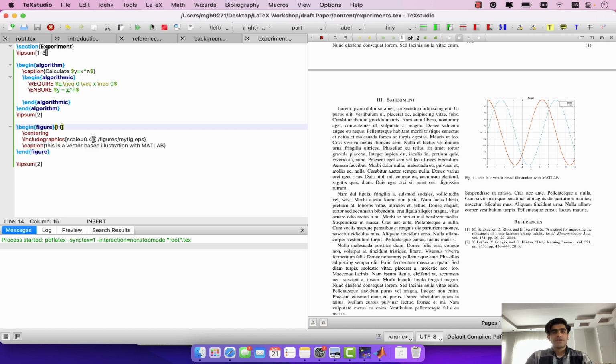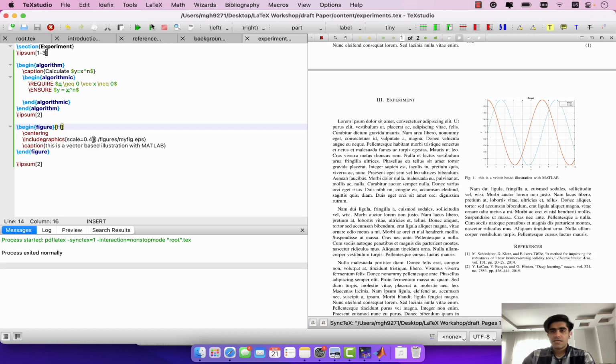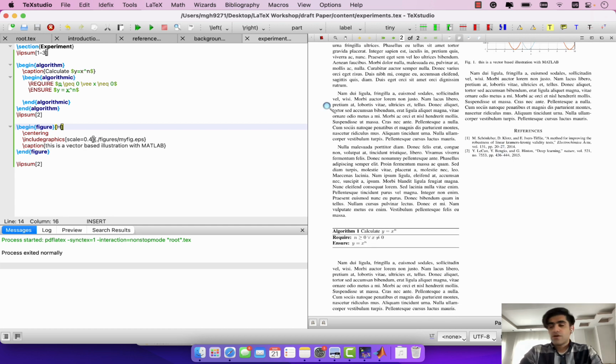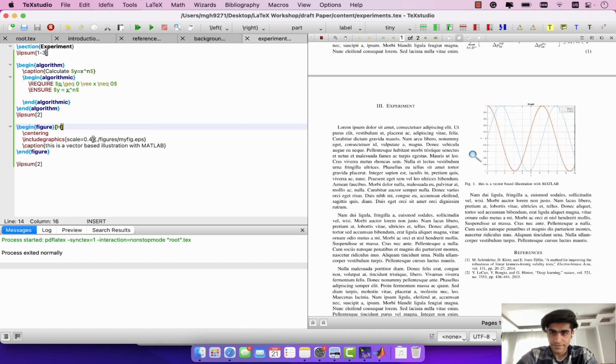So by hitting compile, you see that those changes are made manually. So I believe this would be good for now. So after adding this MATLAB image into our LaTeX code, I think it's time to discuss